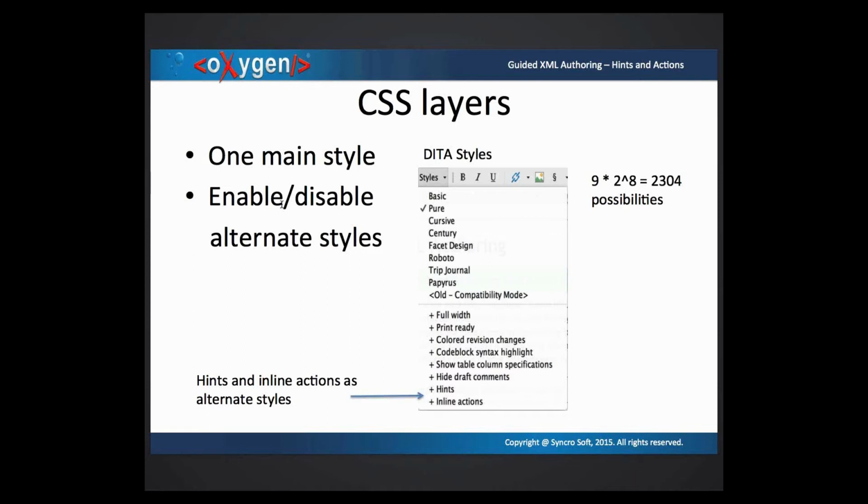And the alternative is where you select the main style and then you activate one or more of these. So we implemented the hints and inline actions as alternate styles, because you may not want to see them. Maybe once you are familiar with that document type and you have created like 50 documents, you already know everything, so you don't need to see that information. So you can turn them on or off as you need, right? And they are separate, so you can combine hints and actions, or show only hints or show only actions, and so on with other